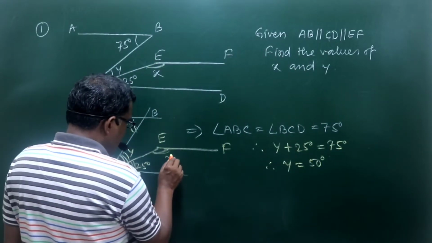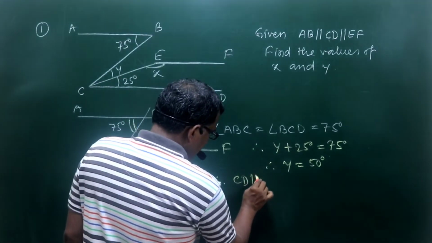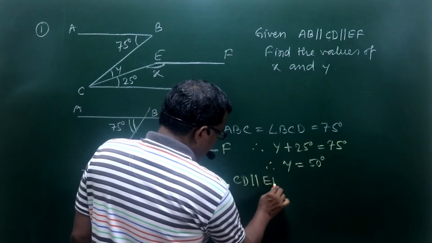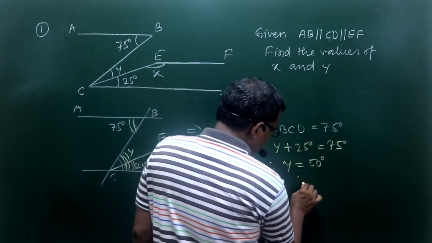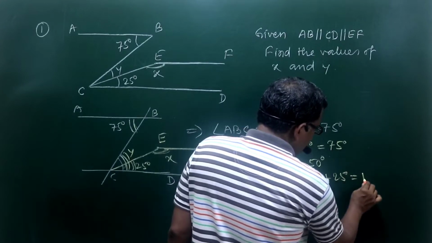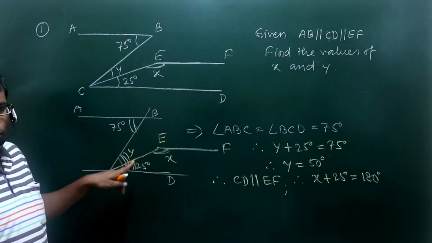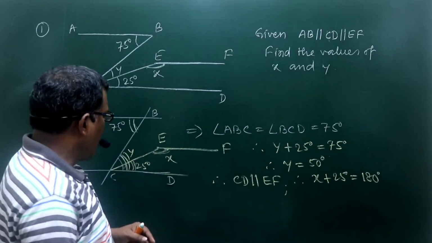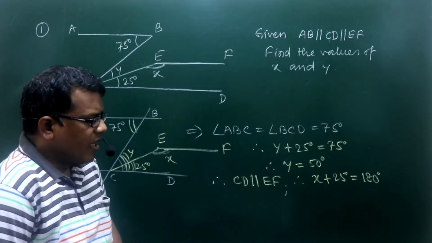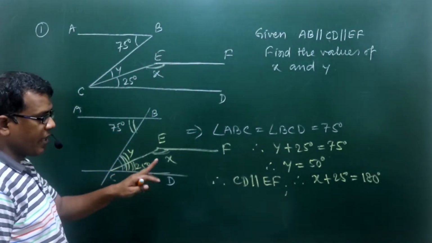So if this is X, from geometry, as CD is parallel to EF, we can write X plus 25 is equal to 180 degrees. The sum of these two interior angles on the same side of the transversal should be 180 degrees. So I can write X plus 25 is